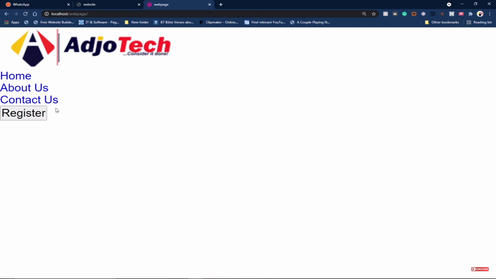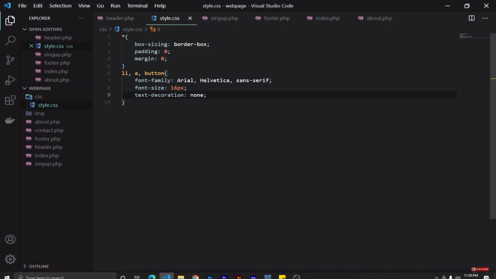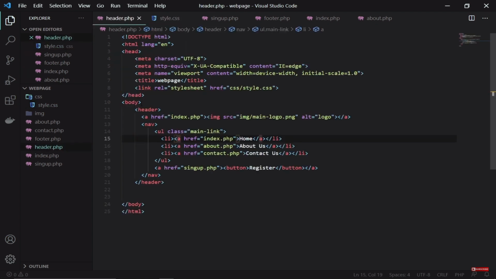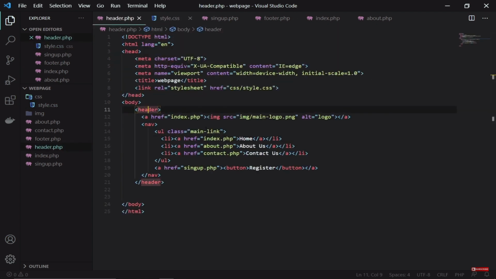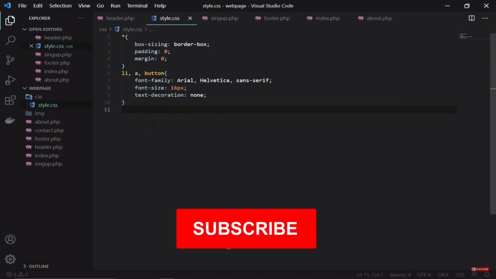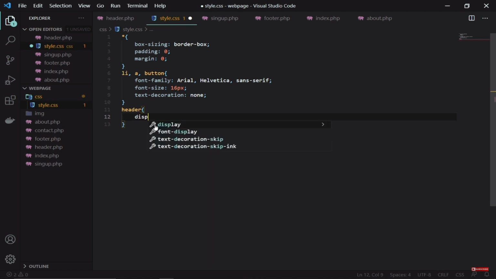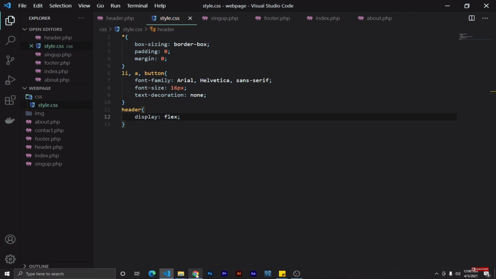So now let's target our header. We want to use flexbox to display everything. So we're going to use a flexbox property on our header. You notice over here I've created a header. So we're going to target this header and display it as flex. We'll come down here and say header, and then the display property, we set it to flex. As simple as that. Let's see what is going to happen now. If I load this